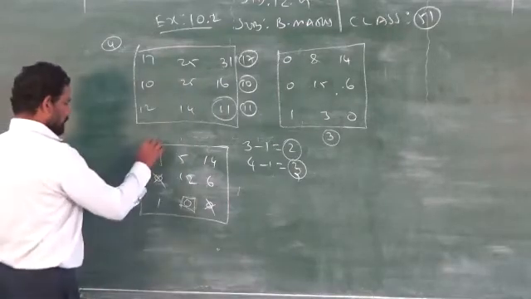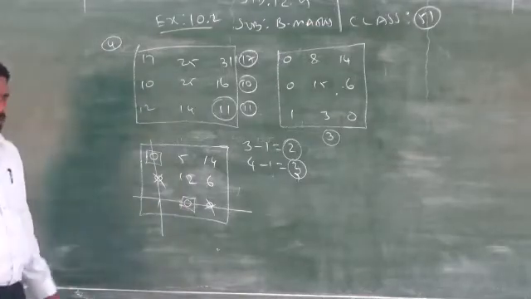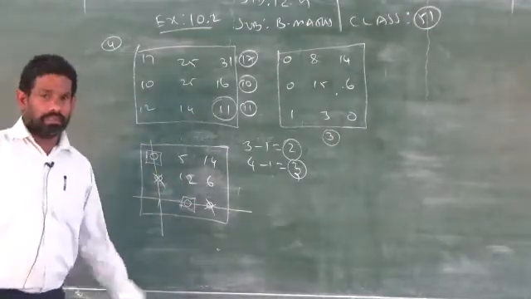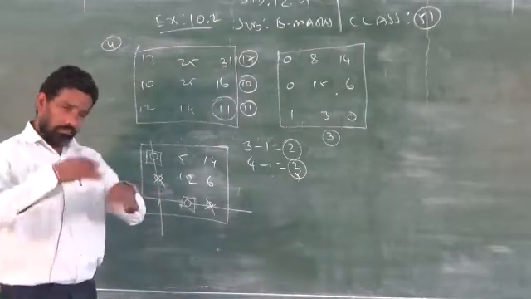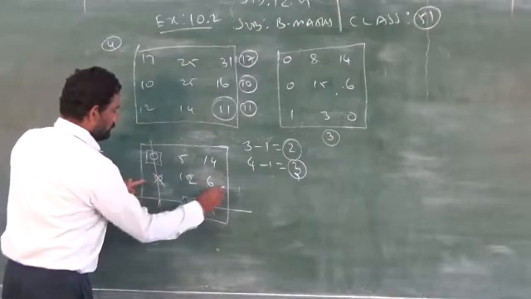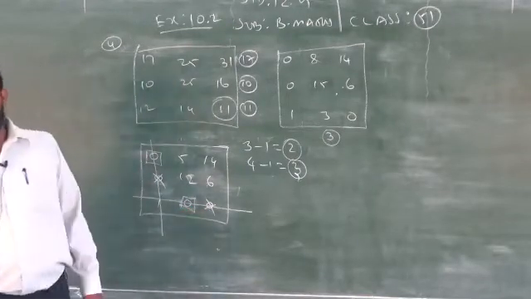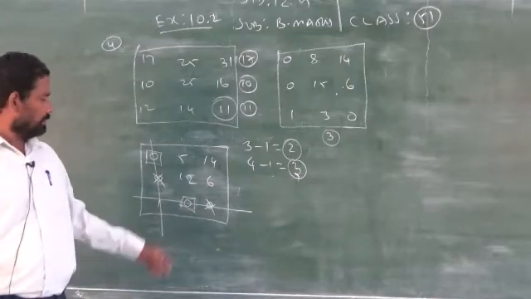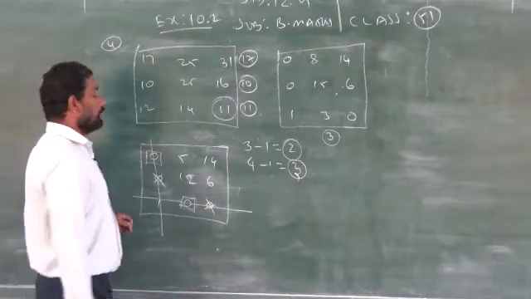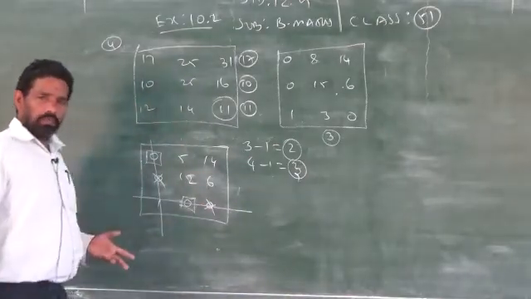So now I draw the line like this. You see, all the zeros are covered, including the number. It doesn't matter whether the number is included in the line. If you draw the line this way and this one, these 2 zeros will remain in the table. That is not allowed. So when you start to draw the lines, you don't take 3 lines. That is not allowed. That's what I am saying.